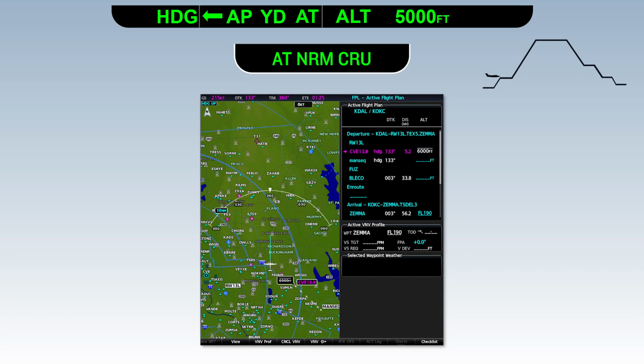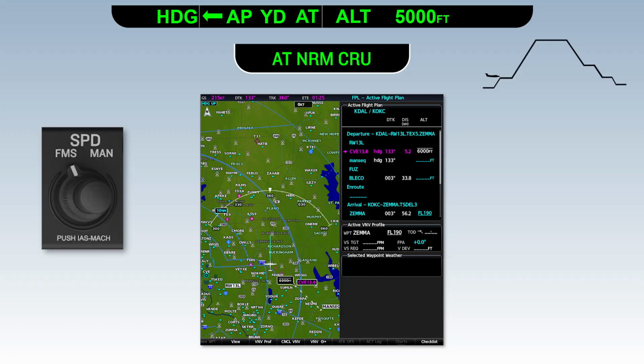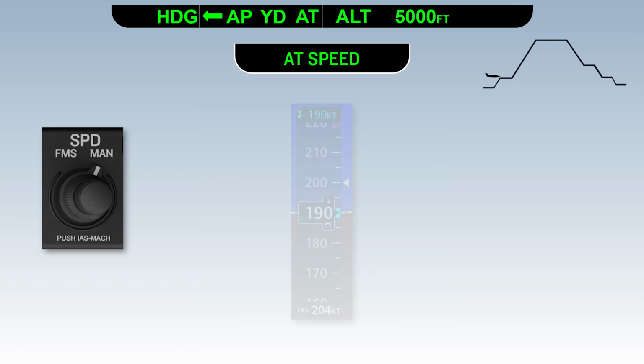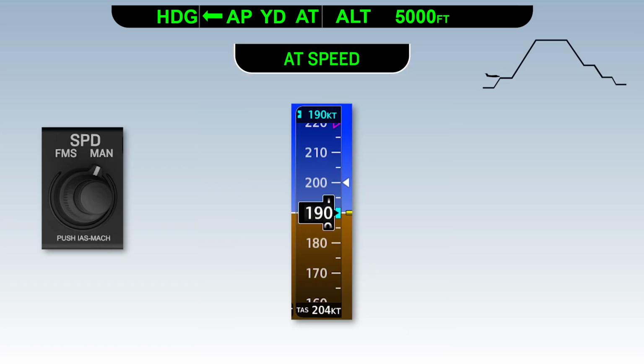To ensure that we don't exceed the speed limit of 200 knots below the Class Bravo airspace, we'll change our speed source switch from FMS to manual. When that happens, AT normal cruise will transition to AT speed, and the manual speed bug will appear on the airspeed tape at our current airspeed. We'll move the bug to 200 knots using the speed knob, and the autothrottle will manage engine power to maintain